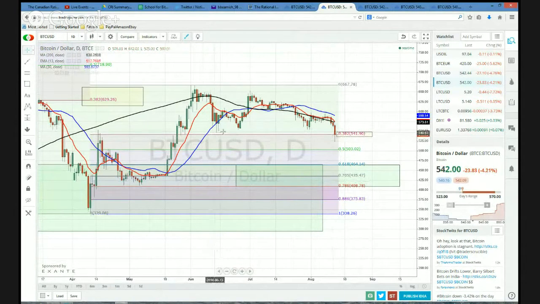We have now broken these lows. It will be very interesting to see if we can close this bar below this closing low and this closing low. This closing low is 560. Sitting at, where are we now? 542 right now. So it's got a lot of work to do to get back up there. My hunch is I doubt that's going to happen.